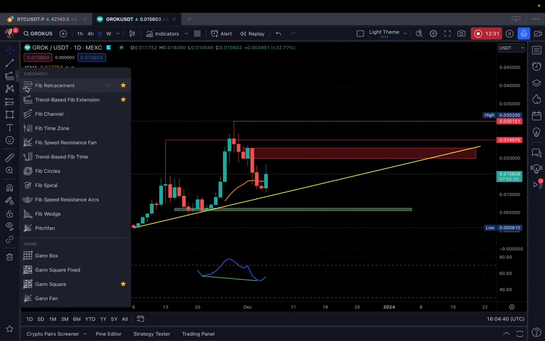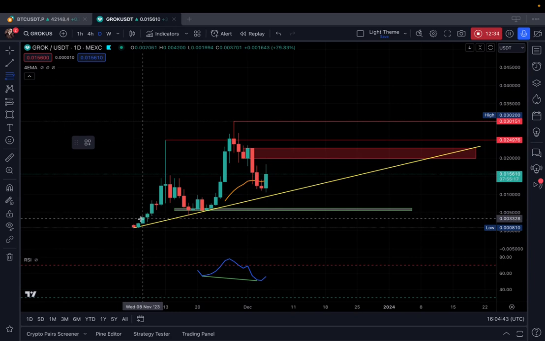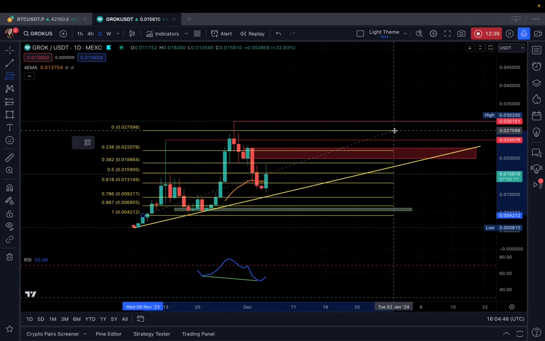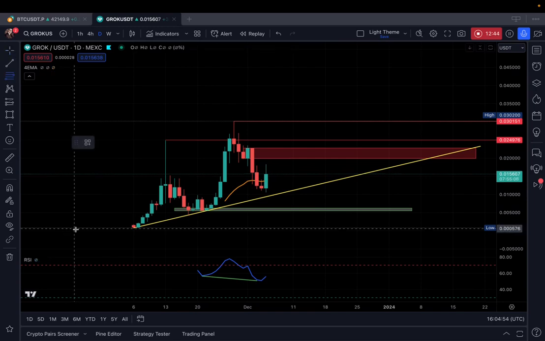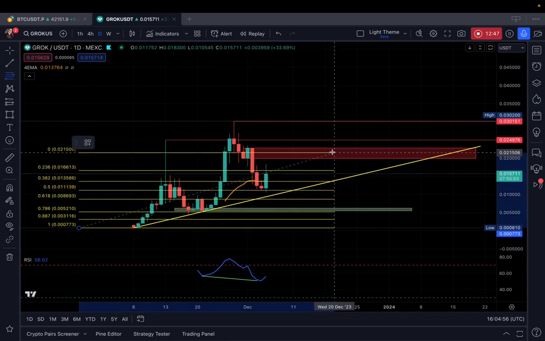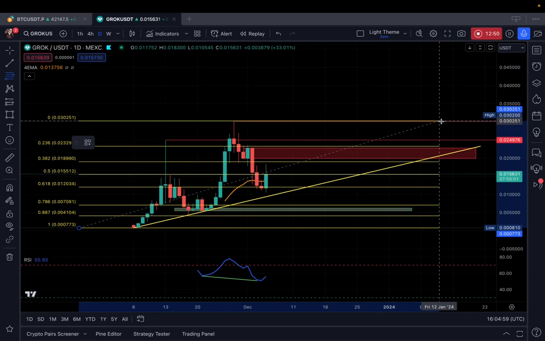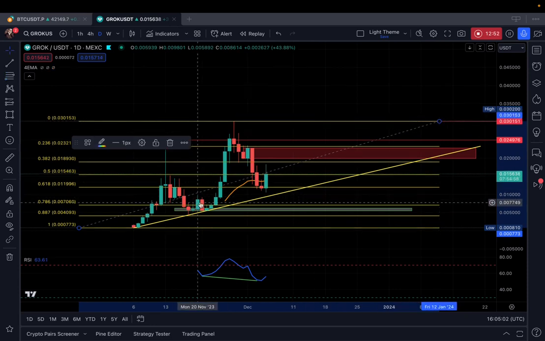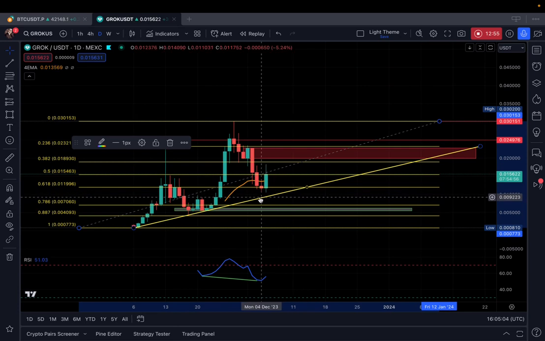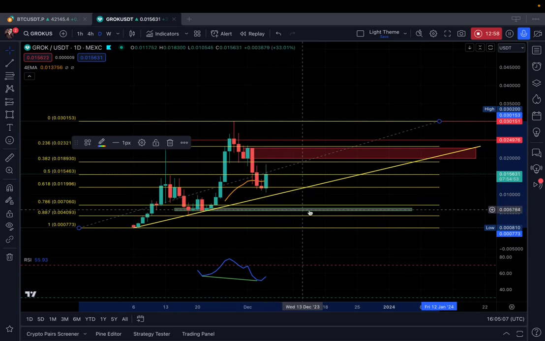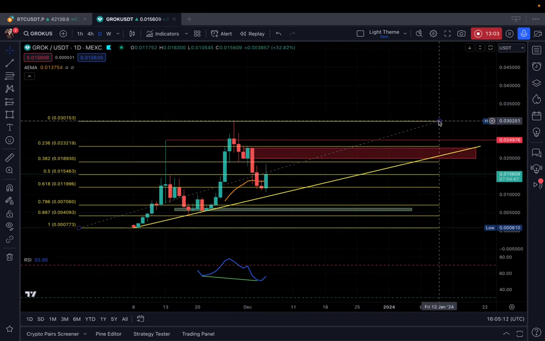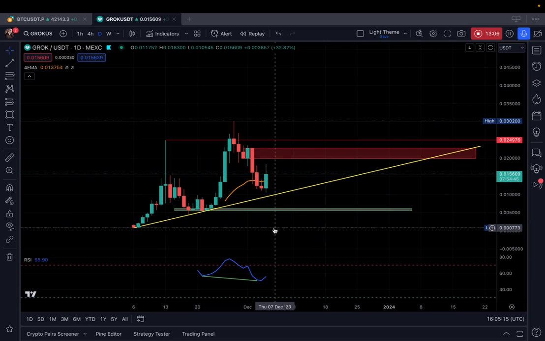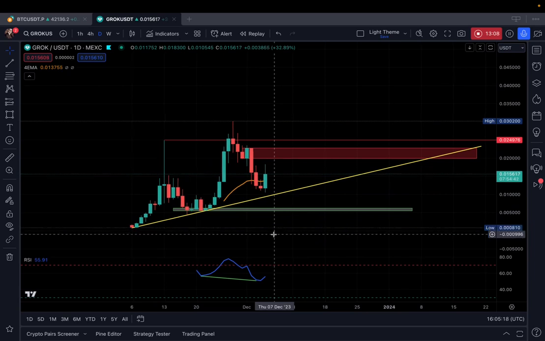Also, let's see if it has confluence with the fib retracement. Let's see. Not this fib retracement. This fib retracement, maybe. Yeah, it could be, but it's not certain. However, still, we need to understand we are trading a new chart, and when we are making